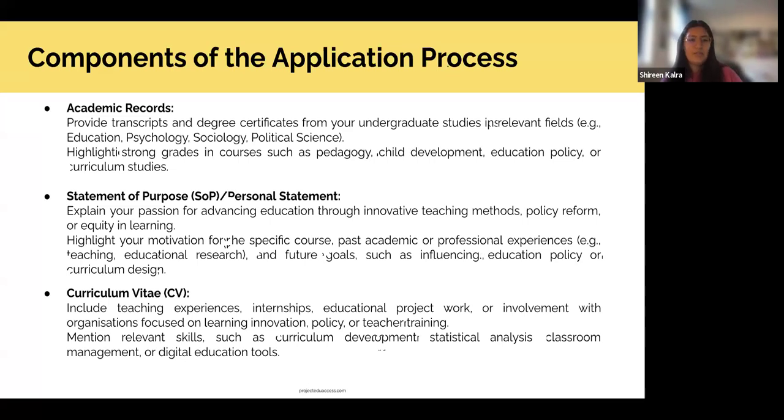And third would be obviously your CV. Again, for those of you who've been working in professional settings after your undergrad, an academic CV for a master's application might look slightly different. It focuses more on any research experience, any publications. You don't have to, but if you do, it's good. And it talks more about your academic strengths as opposed to being very heavy on your professional strengths. They're not separate, but just take a more academic tone on your CV.